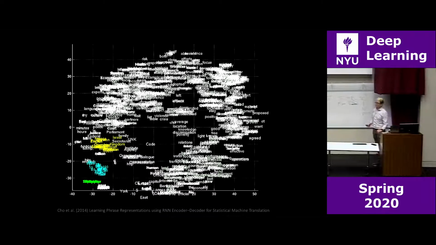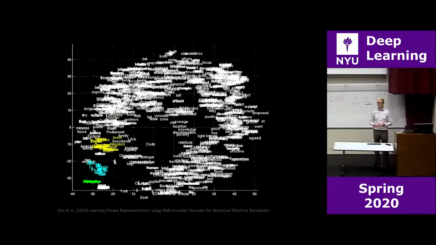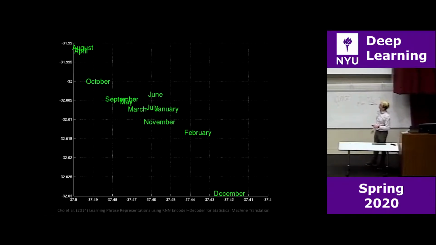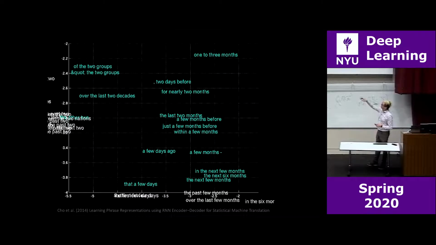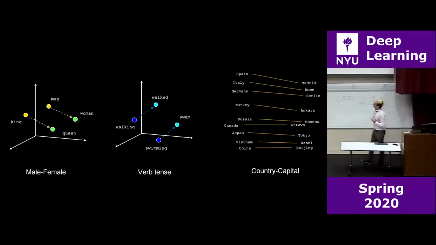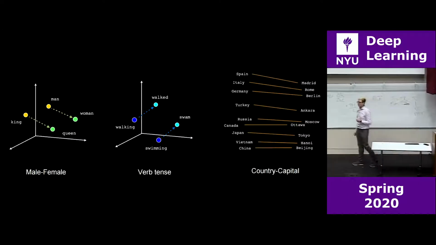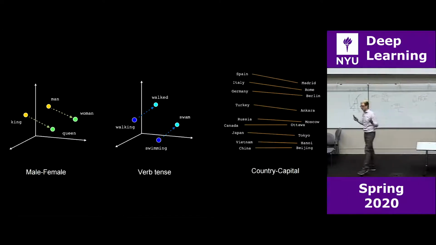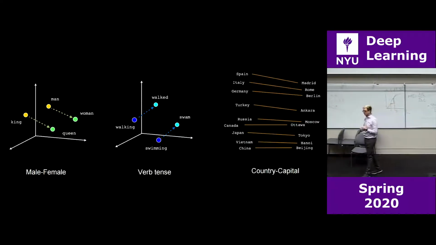And here you can see that if you do a PCA over the latent space, words are grouped by semantics. If we zoom in on that region, we're going to see that in the same location you find all the months: December, February, November, and so on. If you focus on a different region, you get a few days, the next few months, and so on. So different locations will have some specific, common meaning. We basically see how by training these networks just with symbols, they will pick up on some specific semantic